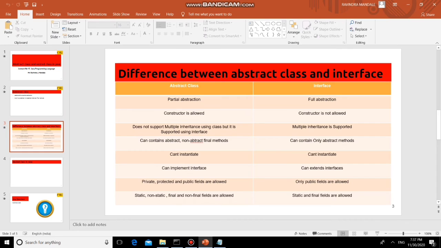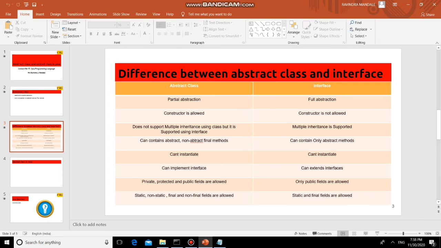An interface has only method signatures, and the classes implementing those interfaces provide the implementation. That's why interfaces are used for achieving full abstraction, whereas an abstract class is used to achieve partial abstraction, because it can have abstract methods as well as non-abstract methods. Static methods and final methods can also be added.